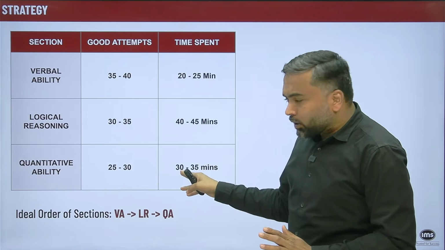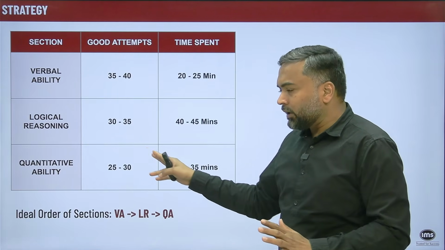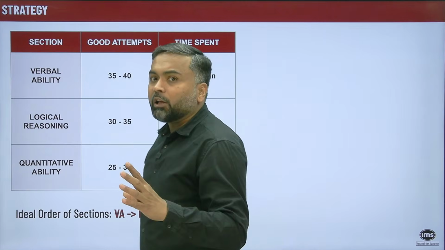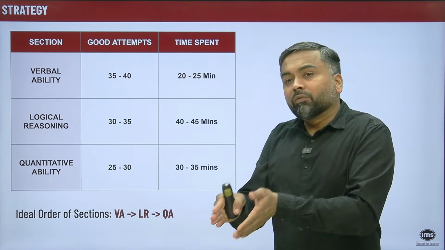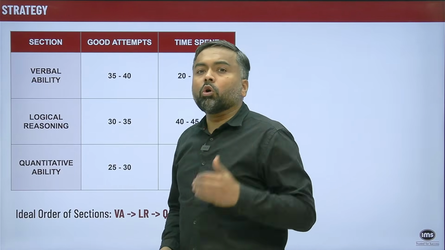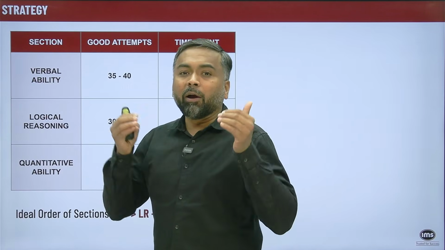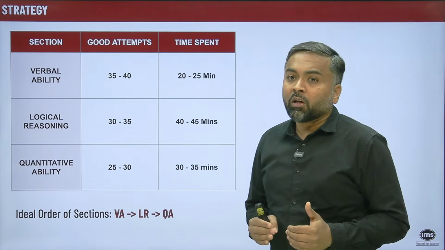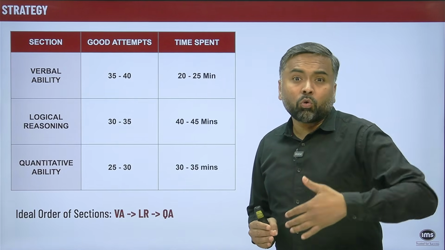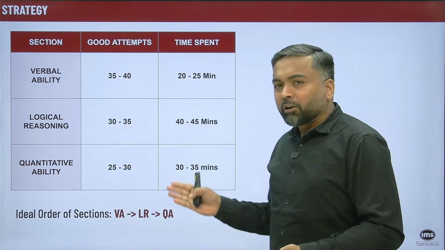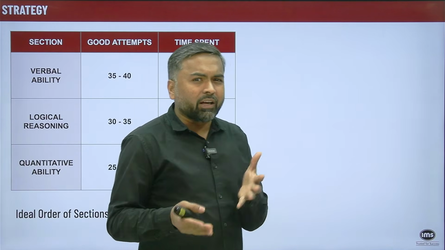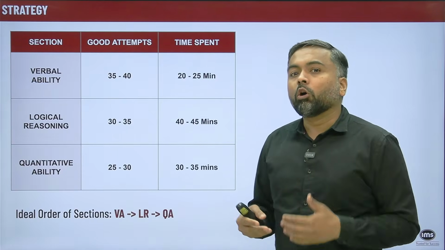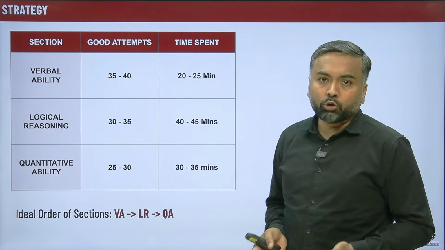Now, if you are able to attempt, in those 30 minutes in QA, around 20 odd questions and get at least 15 correct, so 60 plus 15, it's easy to score 75 marks in the NPAT paper. It is very much possible. A student who is good at maths, very quick at maths, probably in 30 minutes will be able to attempt around 22 to 25 questions and maybe get around 18-20 odd marks in the QA section also.